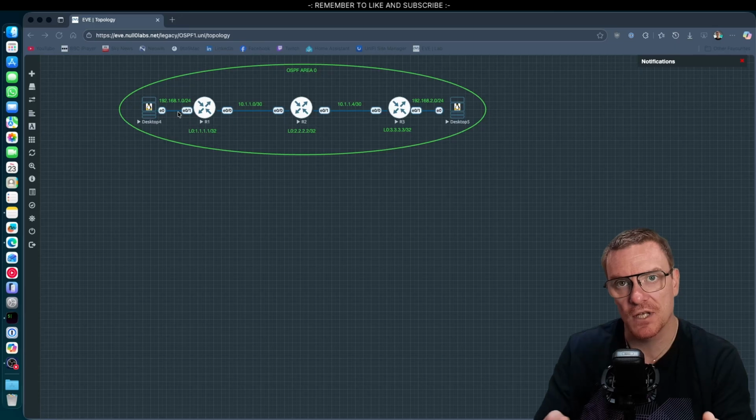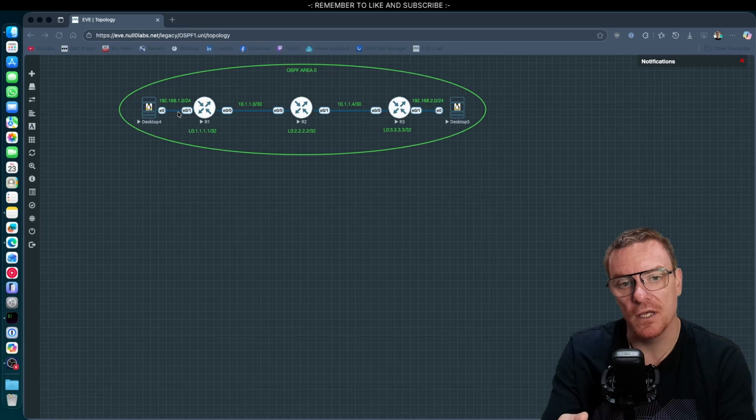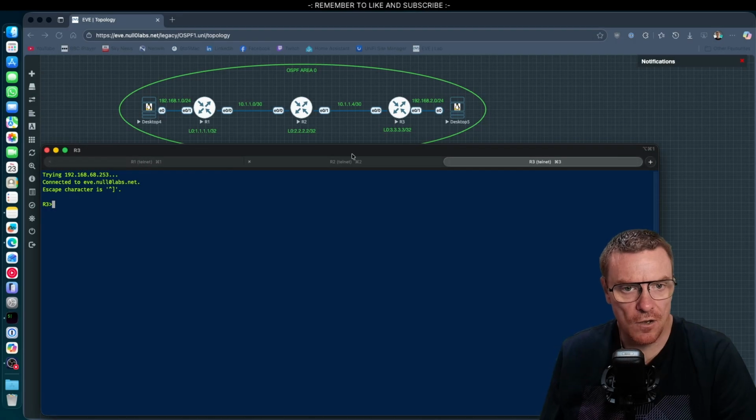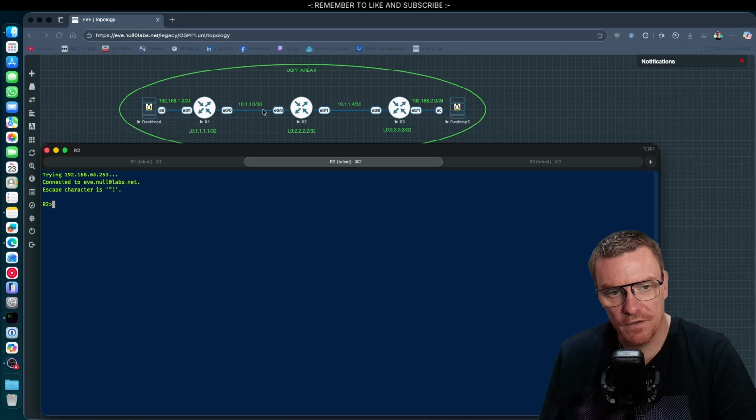So we can put the commands to advertise a network at the interface level, or we can do it all under the OSPF process section of the configuration. So there's 2 ways of doing it. The way to do it under the interface can sometimes help if you're not a wildcard mask master, or you don't want to go and look up what the wildcard masks are. You can easily advertise them in by doing it at the interface level. So we'll do both ways, and hopefully that should cover the different types of configuration style you might see on a router. So let's start on router 2 in the middle,